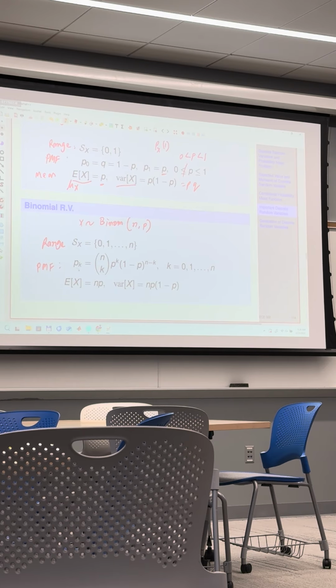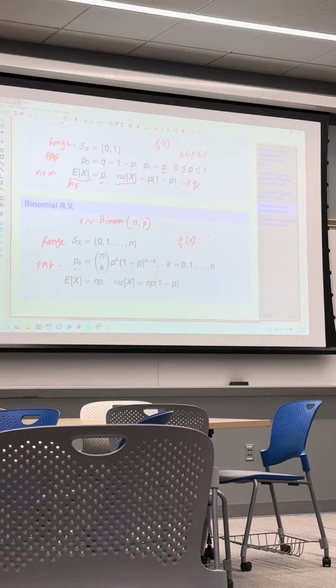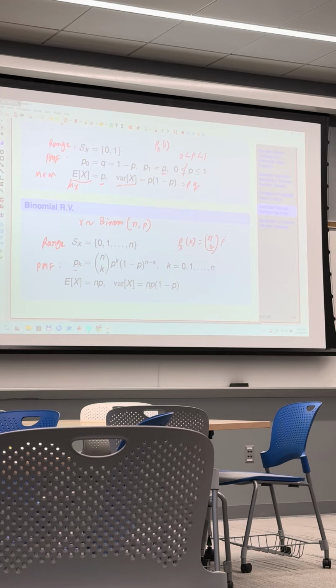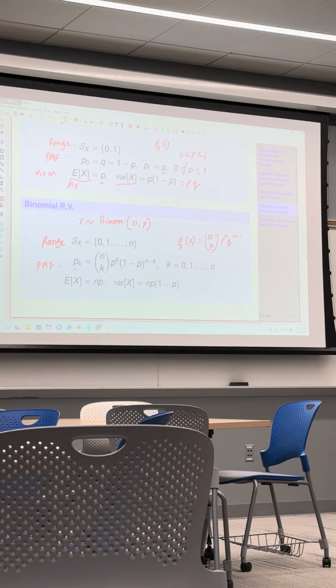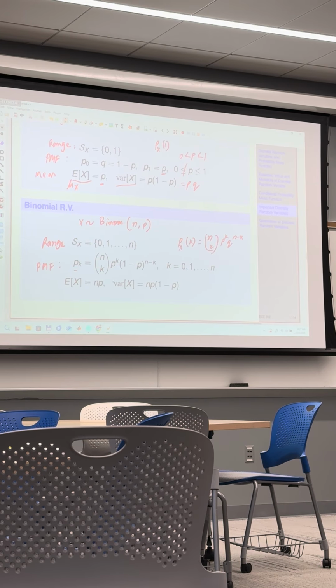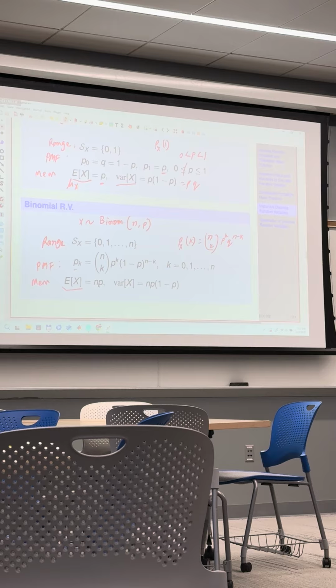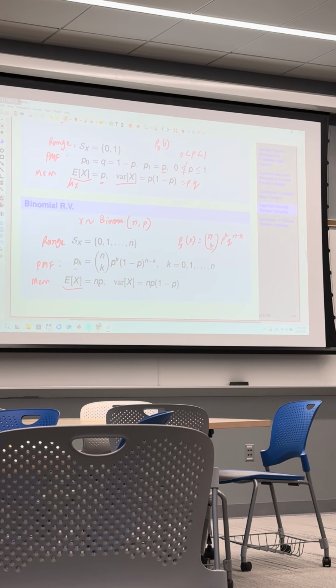So the PMF of binomial random variable x taking value k, just to distinguish x and an uppercase K, is n choose k, p to the k, q to the n minus k. So we know how to determine these combinations. So this is the PMF, and this is the mean of binomial random variable is np, and variance of binomial random variable